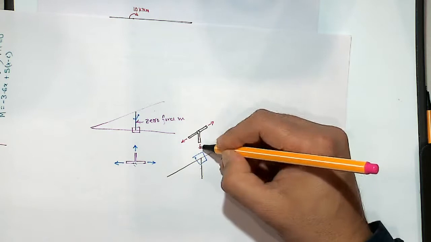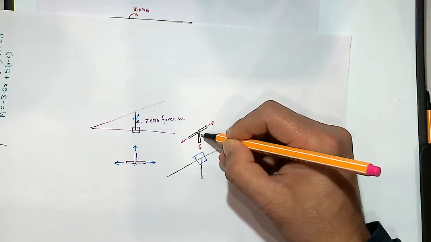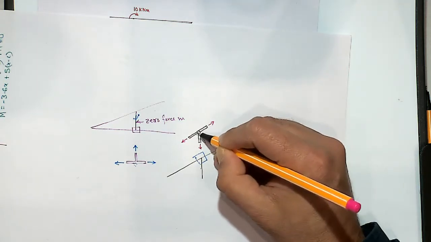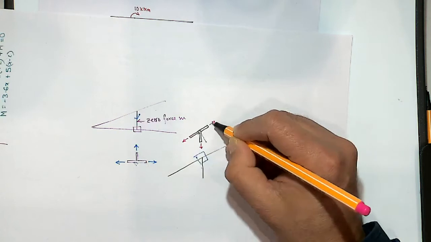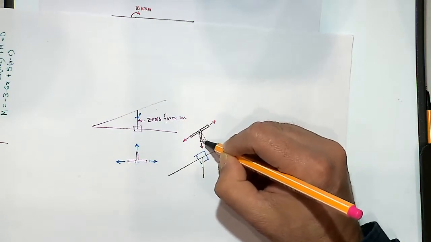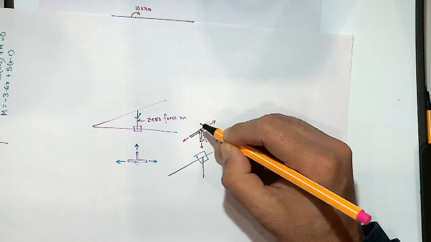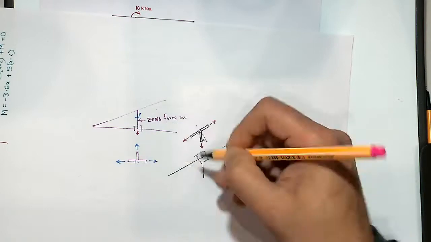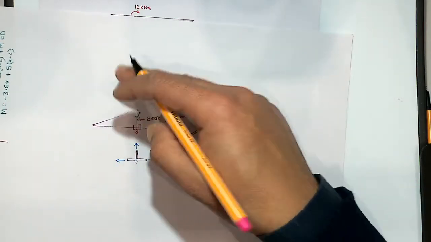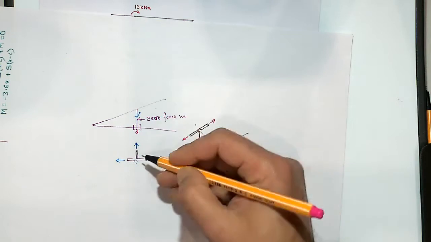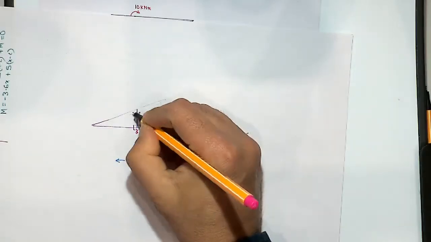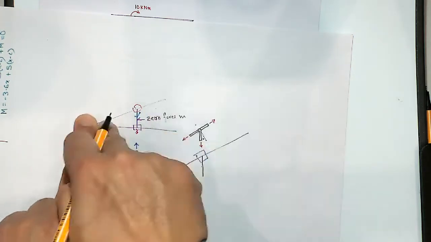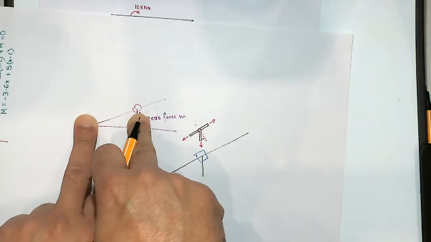Why? If there was any force in this member, then at that joint this member would create a component which is perpendicular to these two members. There is nothing. So these two members cannot resist that perpendicular component. No way to resist that, unless there is a force acting at that point. If there is a force acting at each of these points, then of course things would be different. Then that force could compensate that. But if there is no force acting, so even if a member is inclined, if at a point there are three members connected, and two of them are parallel to each other, along the same line, the third one would be zero. Now,